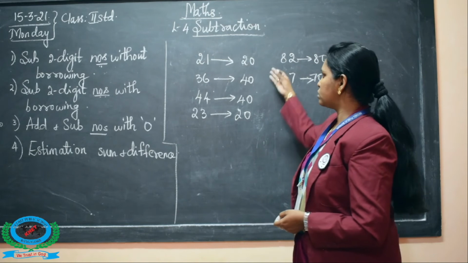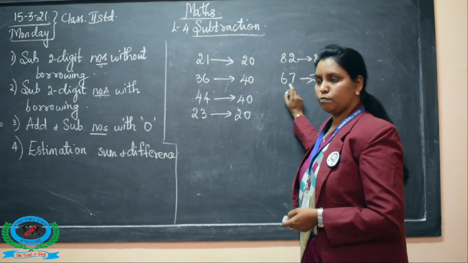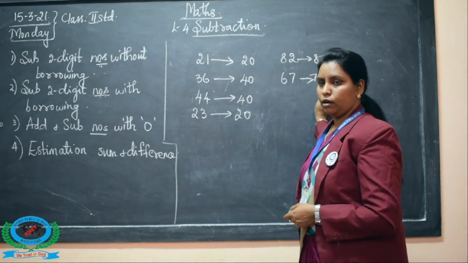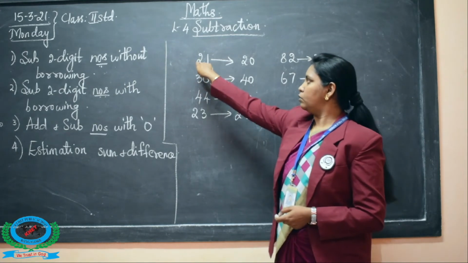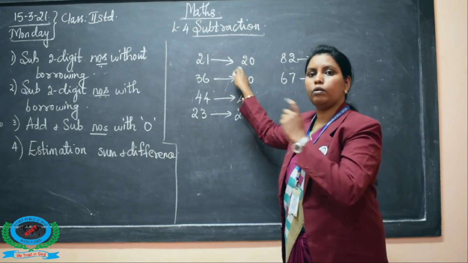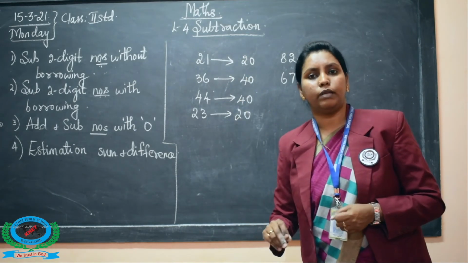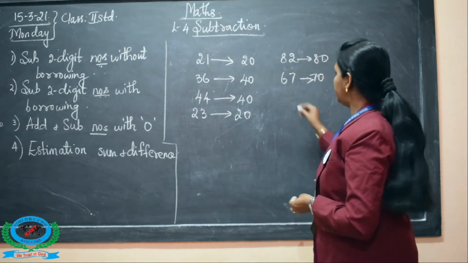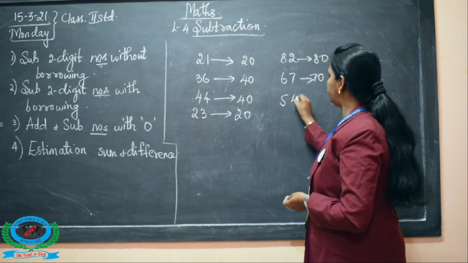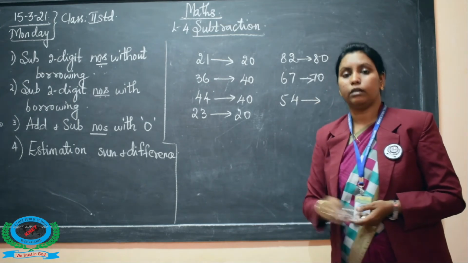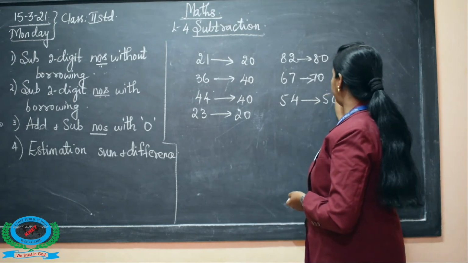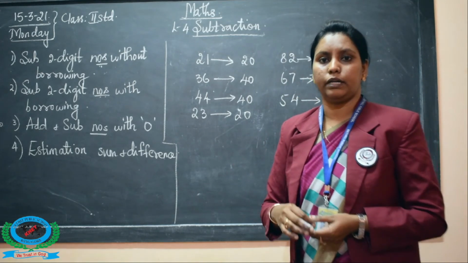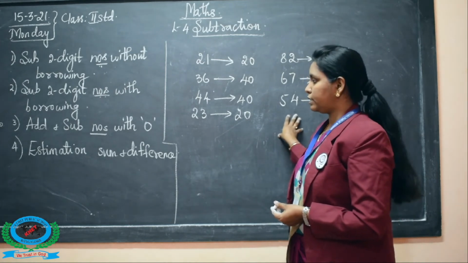So this goes on like that only. When it is more, it goes to the higher nearest number. When it is less, it goes to the nearest lower number. That is as simple as that. So this was the estimation of the numbers. For example, if I give you 54 also, it is like 50, rounding it to the nearest tens number. So this was the estimation.